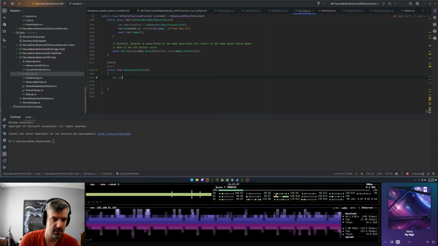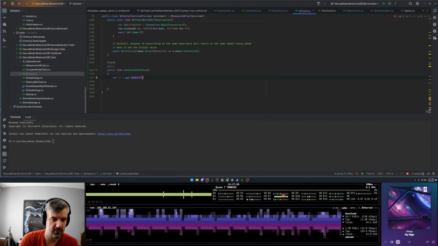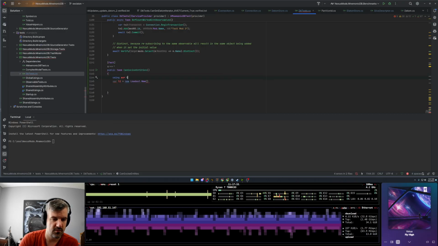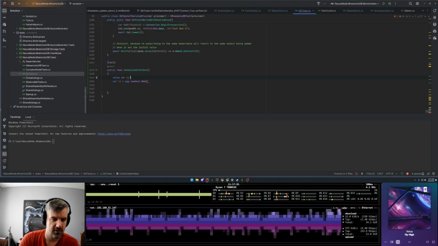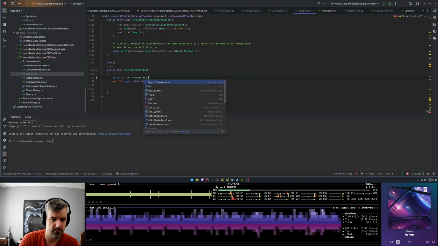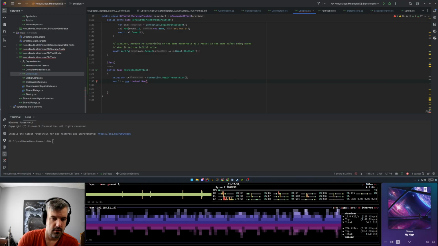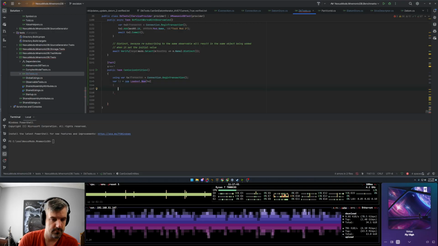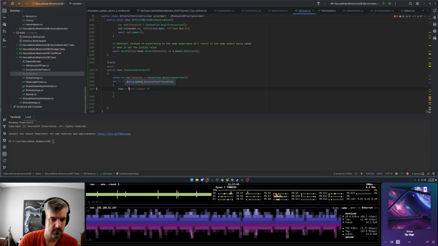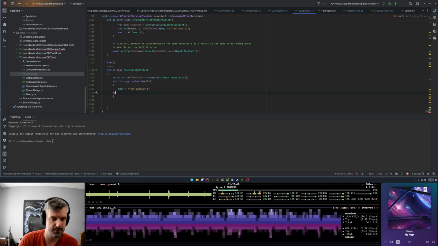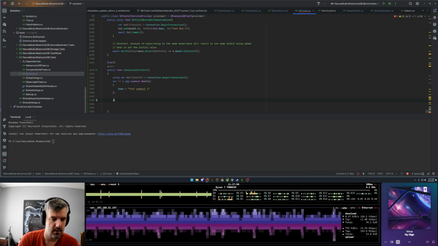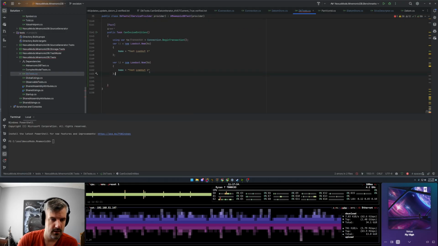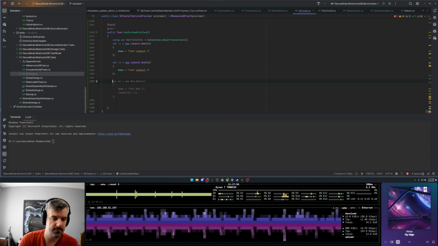So L1 equals new loadout. We'll create a transaction. So we have test loadout 1 and var L2, test loadout 2, and then we will commit this.